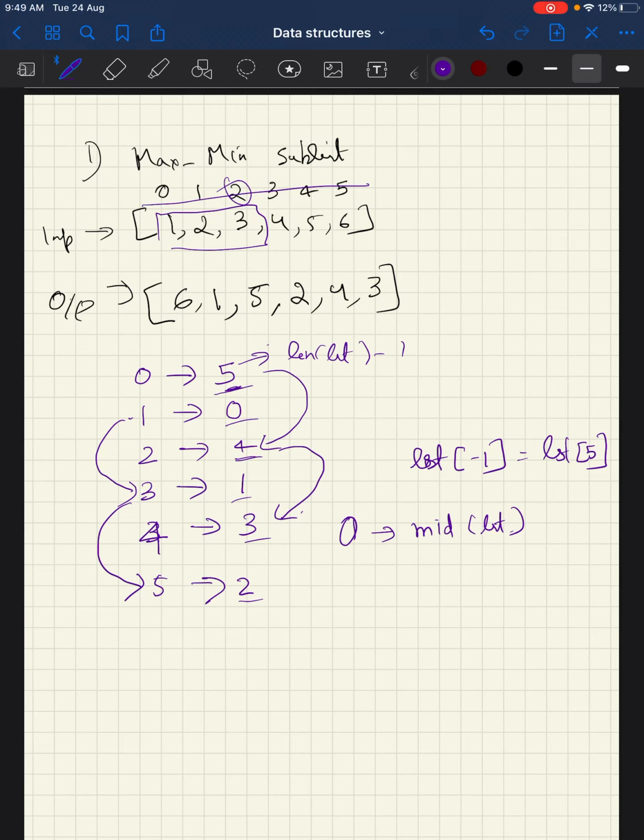So the crux of this problem is finding that mid element, and here we have an array which has an even number of elements. There will be a corner case for arrays which have an odd number of elements, so that needs to be handled separately. But that is pretty much the crux of it. Iterate through it and use this property that we have figured out based on the pattern that we observed to manipulate the list, right? So let's write the code for this.